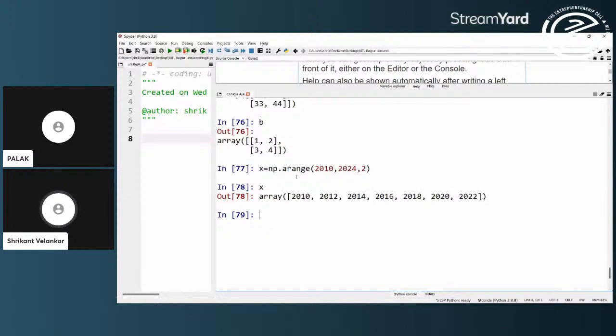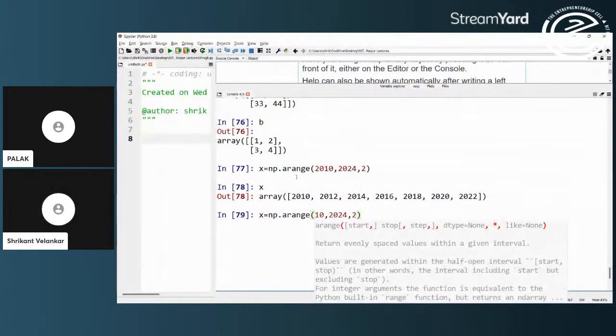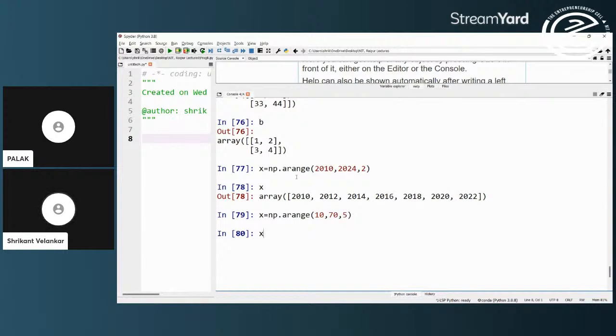Or I want to create a numeric range array starting from 10 and going up to 70 in intervals of 5. I can very easily generate it directly.